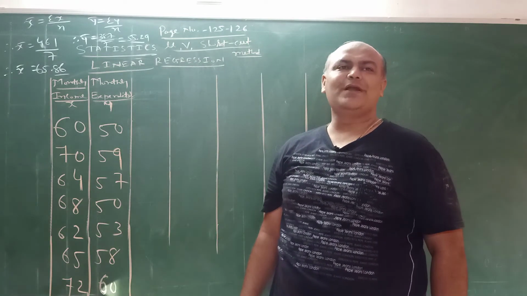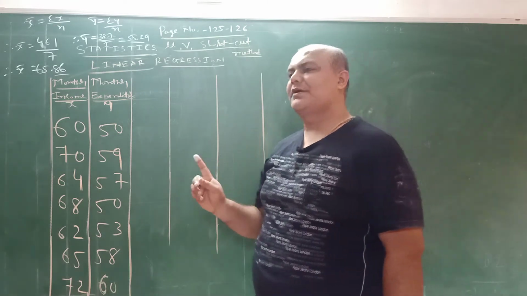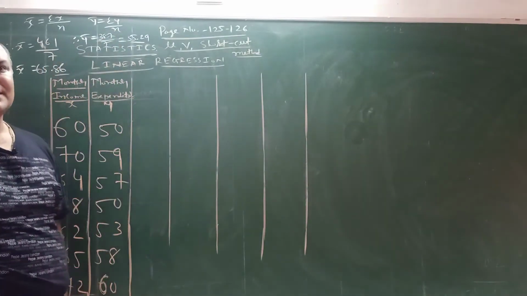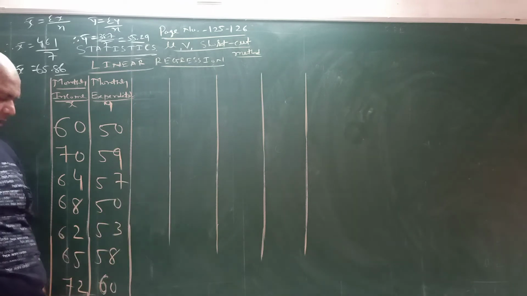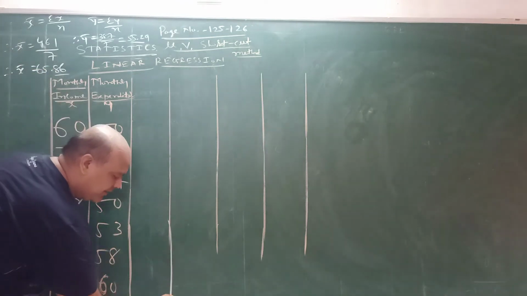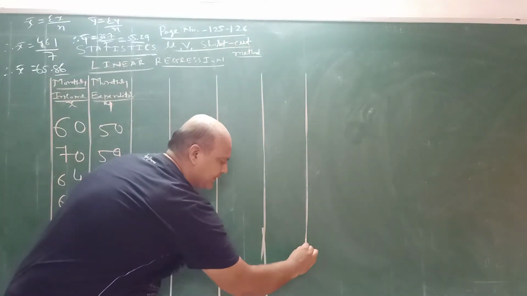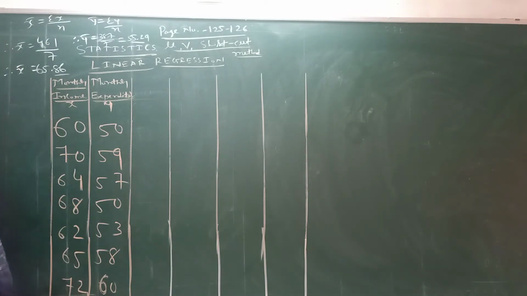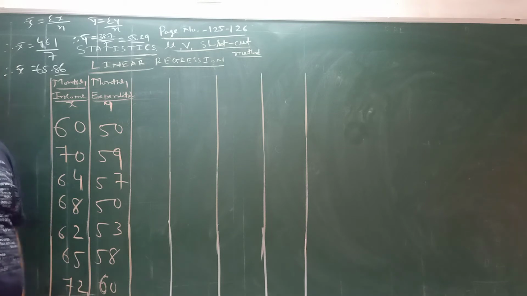So now we have only one option, and that is we have to apply the UV method or shortcut method, because X bar and Y bar are also in fraction. Clear? Observations are big, so there is no question of applying the XY method. X bar and Y bar both are in fraction, not only in integer position. That's why the X minus X bar method is also not applicable, because these are also in fraction. So we have to apply finally the UV method or shortcut method, students.